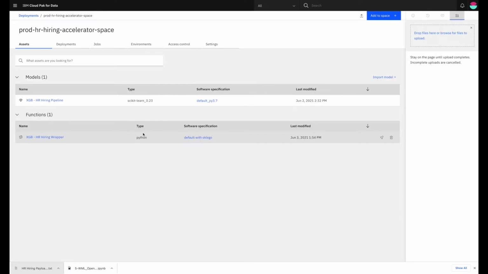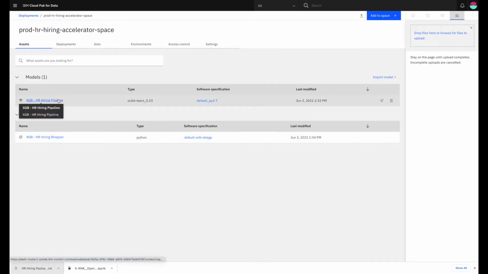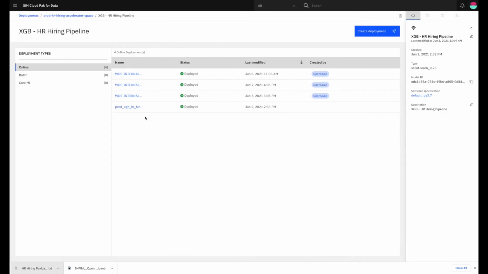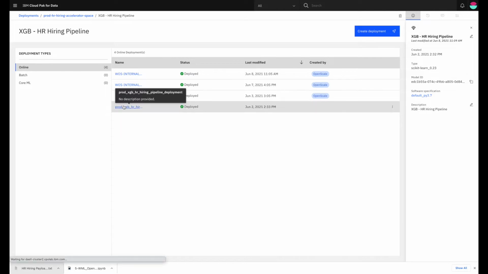Here you can see the model pipeline. If you click on this, you can see the different deployment types. And in ours, we have 4 online deployments, but it also supports batch. If you go into our pipeline here,